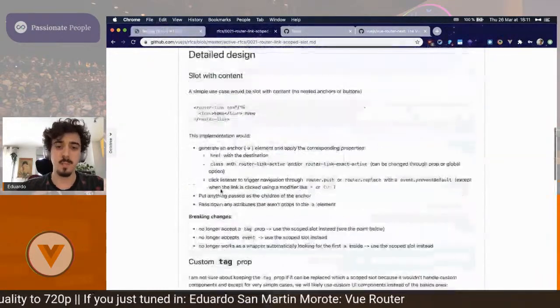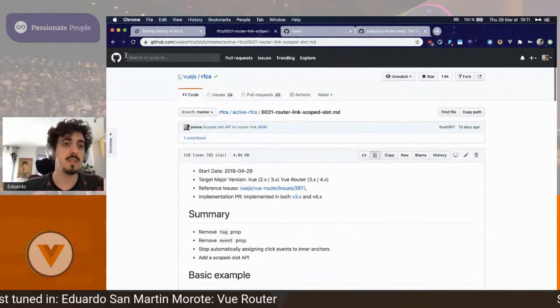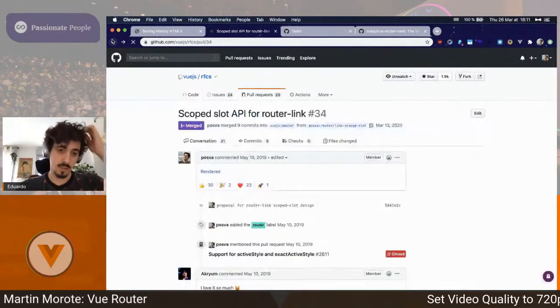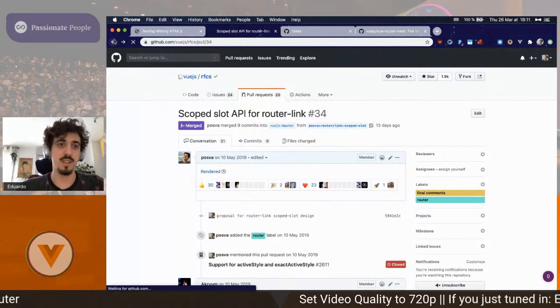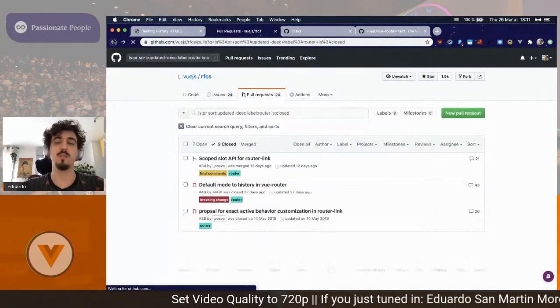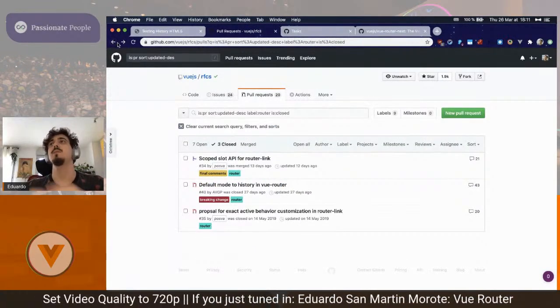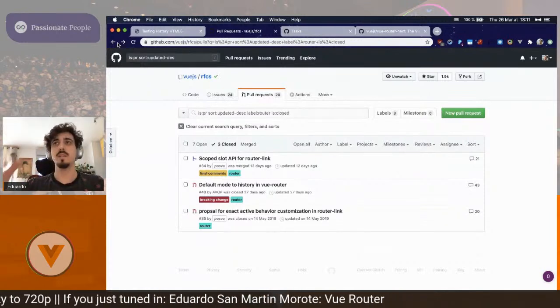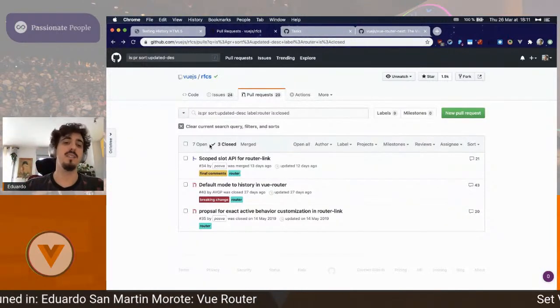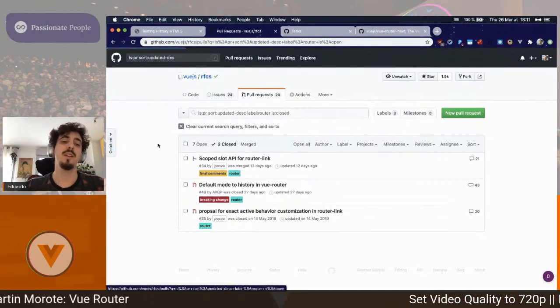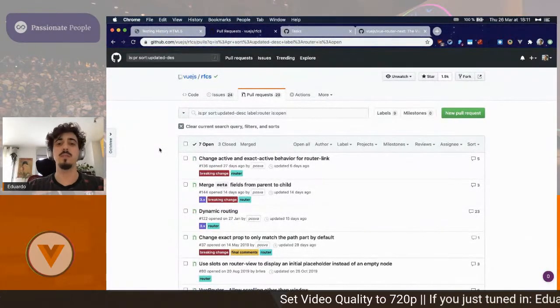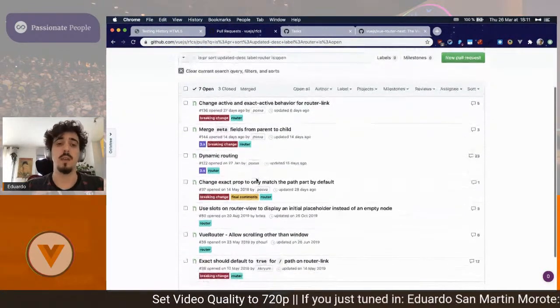So this is something that has been merged. What about the things that haven't been merged yet? Dynamic routing is a big chunk of it. The cool part is that the API you are exposed to is quite small. There isn't that much. Behind the scenes, there is a lot more, but it also allows me to improve things in the future without breaking the API.